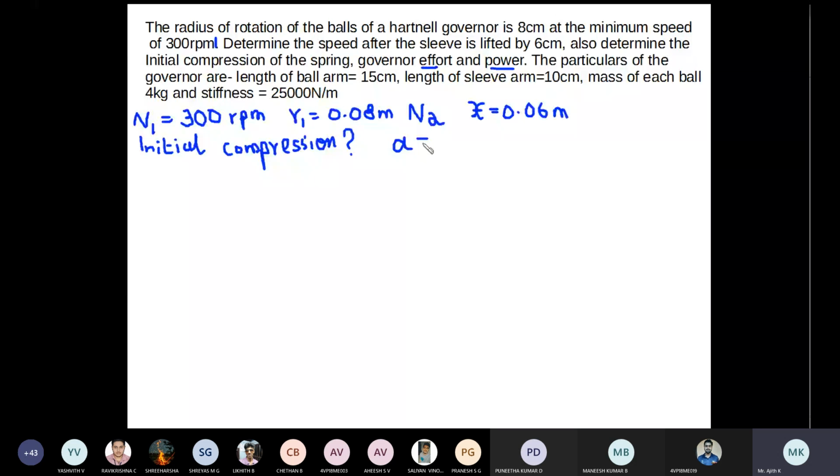Length of ball arm is small letter A, 15 centimeter or 0.15 meter. Length of sleeve arm is small letter B, 10 centimeter. Mass of each ball is small letter M, 4 kg. And the spring stiffness is,